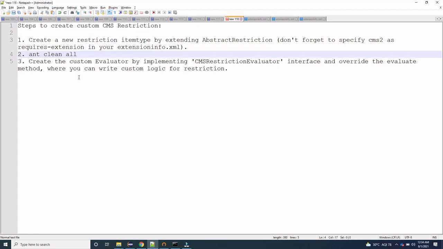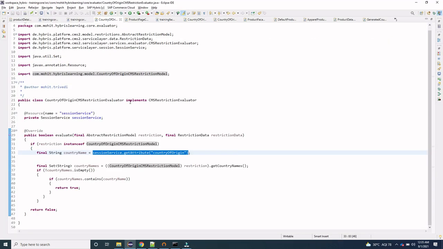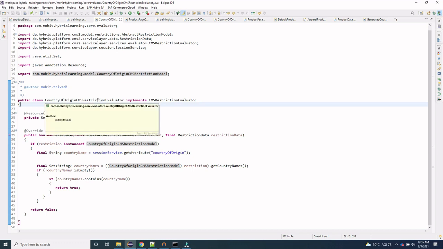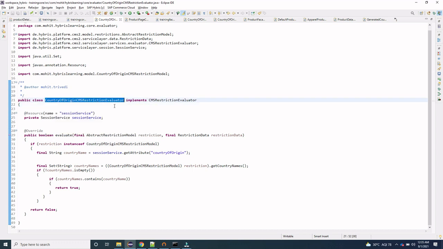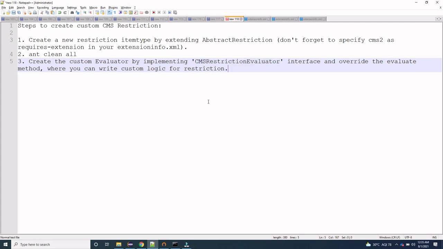Now what we have to do is create our custom evaluator by implementing this CMS restriction evaluator, right? And we have to override the evaluate method. In our custom evaluator, we will write our custom logic for restriction. So I have already created a class, this country of origin CMS restriction evaluator, which is implementing this CMS restriction evaluator like we have mentioned in the step, right?